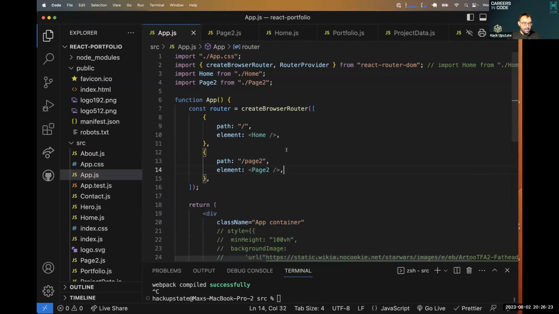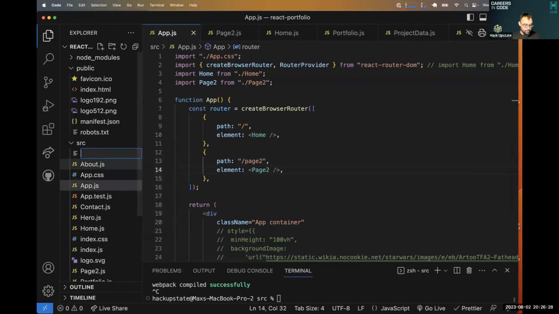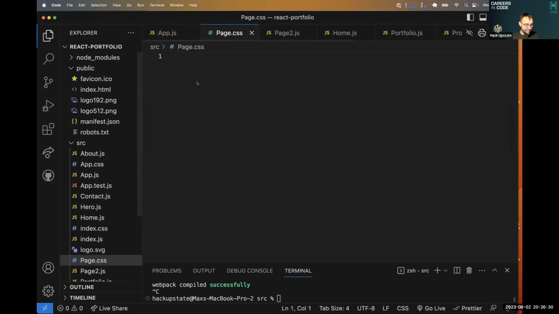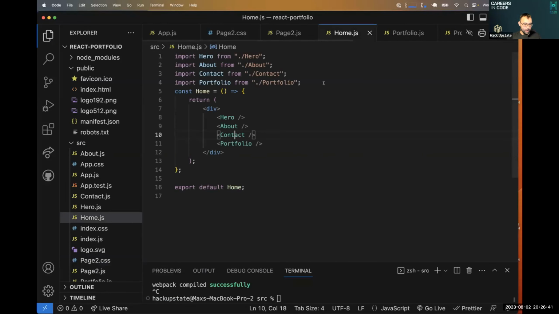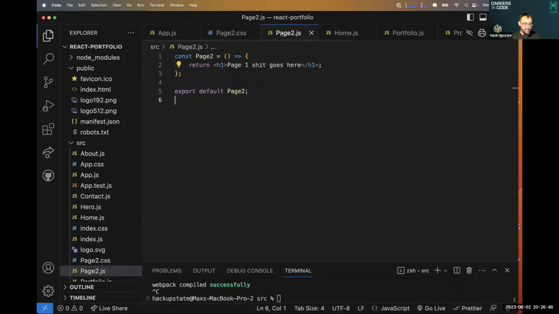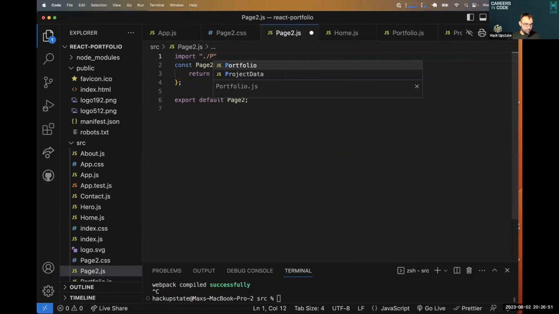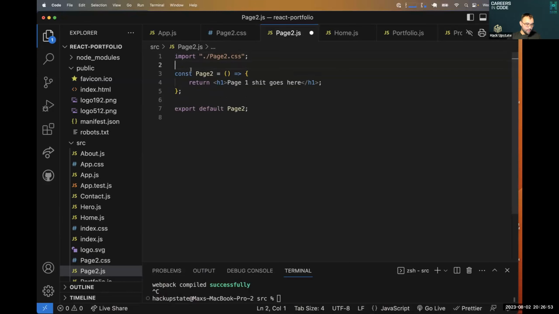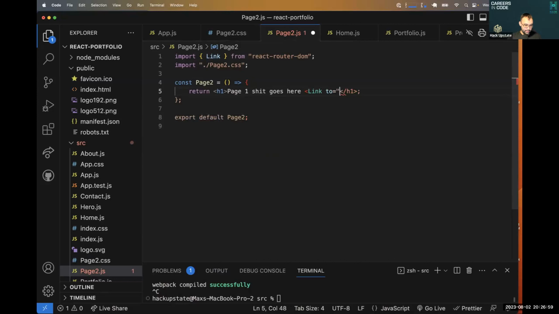Okay. If I make a file called page2.css and I throw an H1 on with a color of red, and then I'm in my home and I also put an H1 in there that says home. When I import page 2 and put a link to my homepage in here,